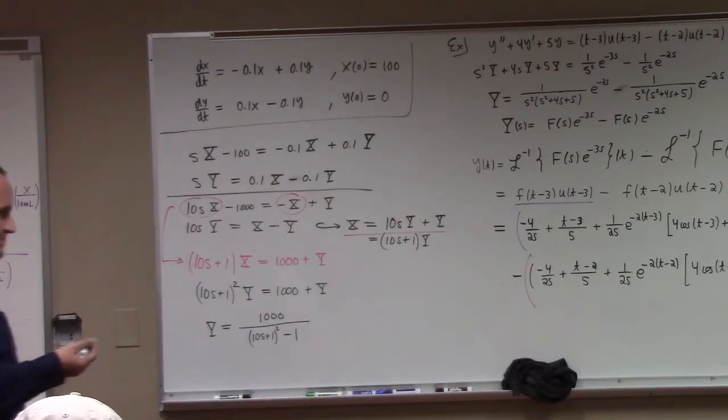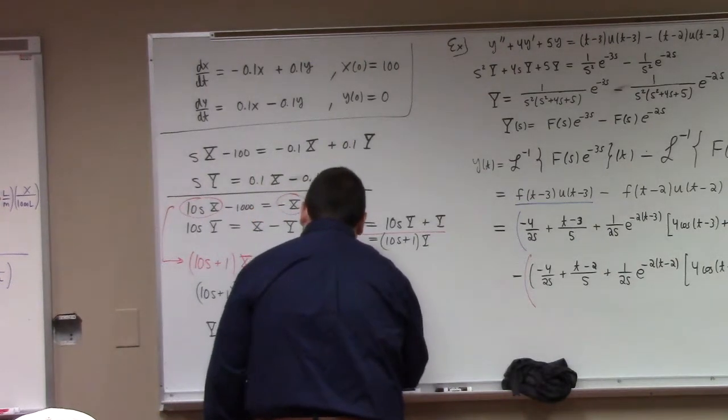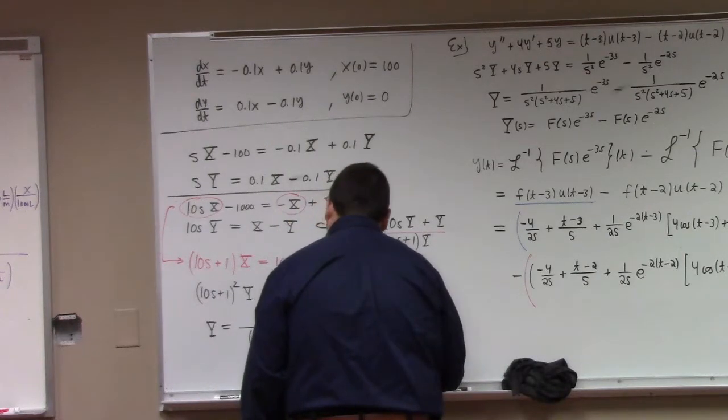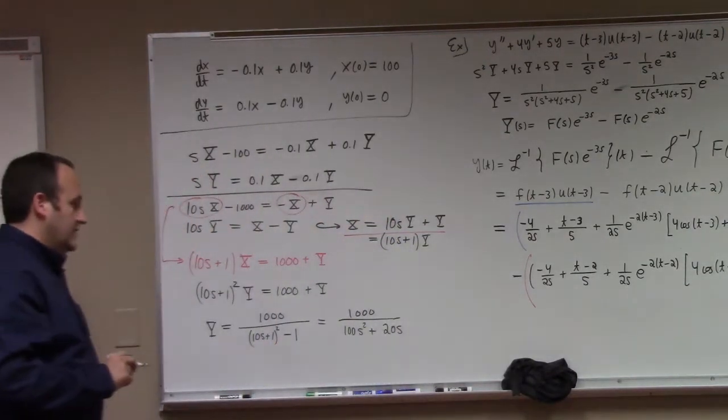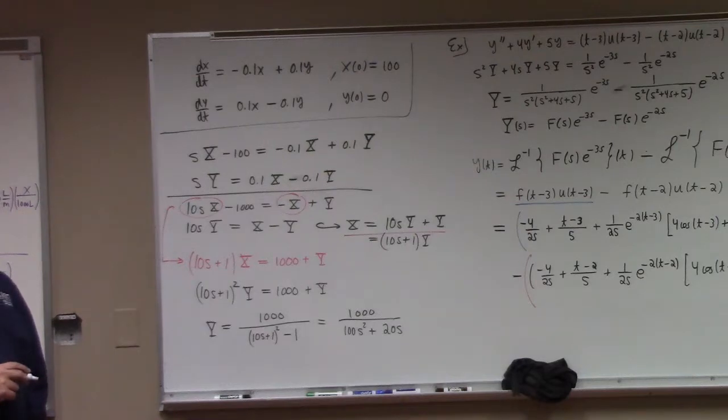And let's do some more algebra here. We get 1,000 divided by 100s squared plus 20s. Oh, plus 1 minus 1, so just that. Oh, look at this. What do we need to do? Can you take the inverse Laplace transform of that? I can't. So I need to